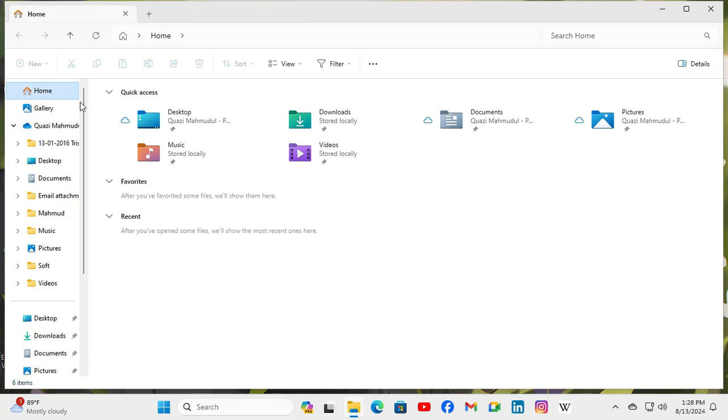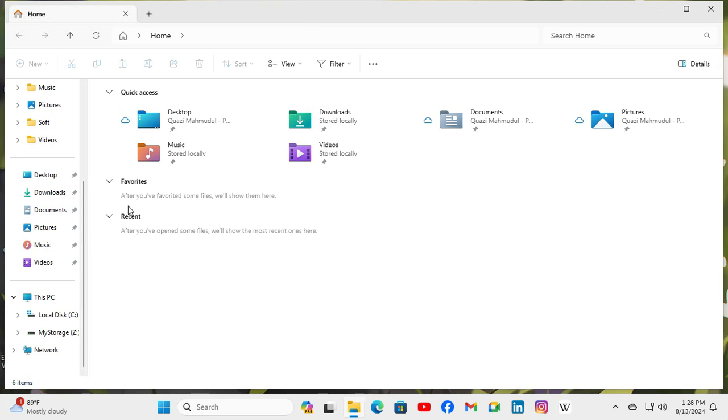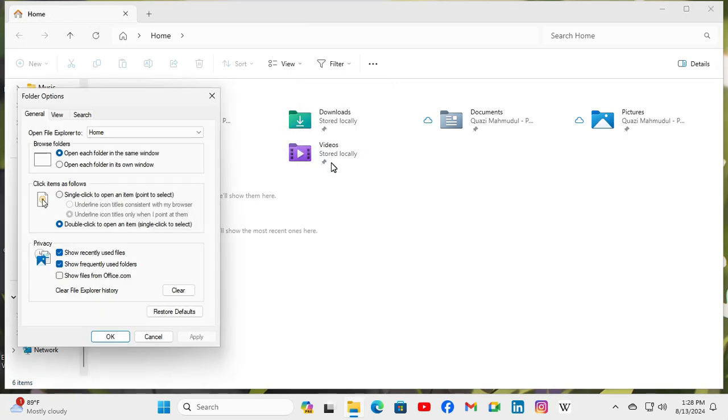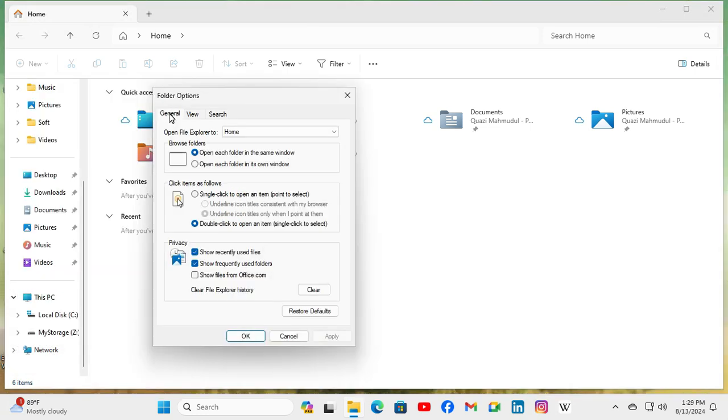Now I want to configure File Explorer to open in This PC. Click on the three-dot icon to see more. Click on Options. In Folder Options, click on the General tab, and the first option is Open File Explorer to. Now Home is selected. Click on the drop-down here and select This PC,